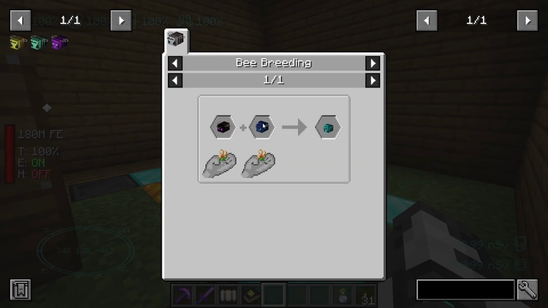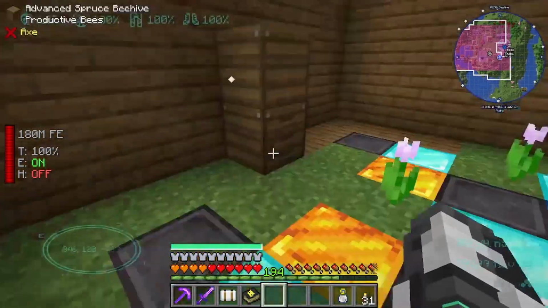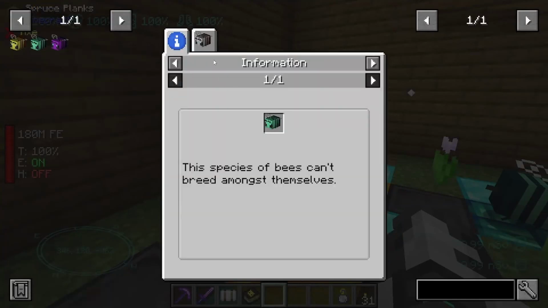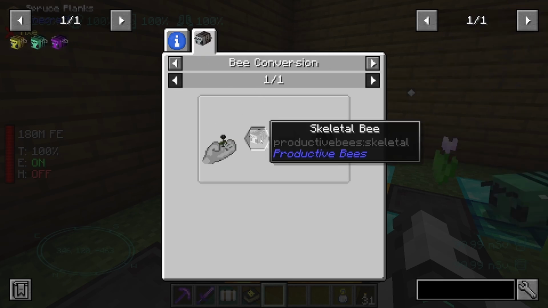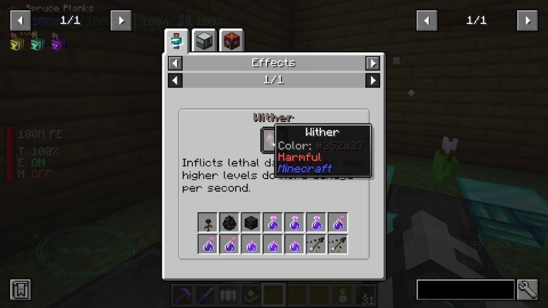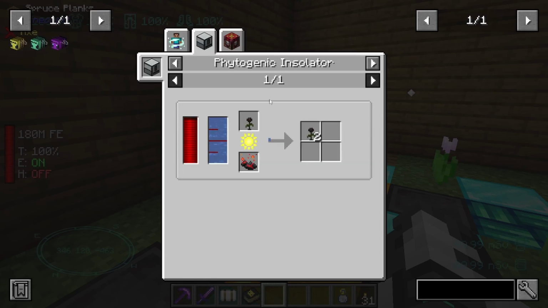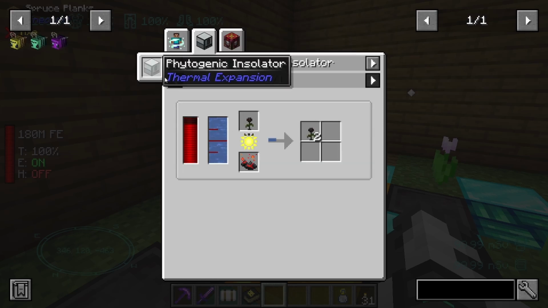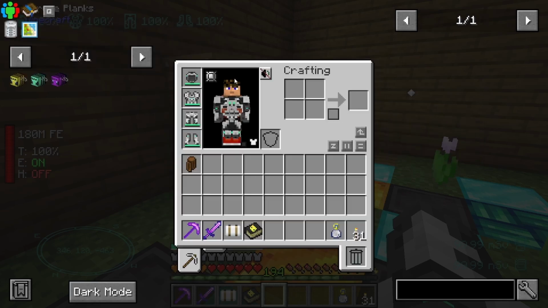We went through all of the bees that we needed. The blue banded bee was a right pain yesterday, but we got that. So, yeah, pretty easy. We turned our skeleton bee into a wither skeleton bee, or withered bee, using a wither rose. Not entirely sure where we got our wither rose from, to be fair. Oh, you're kidding me. We are going to have to automate wither roses, I believe, because...